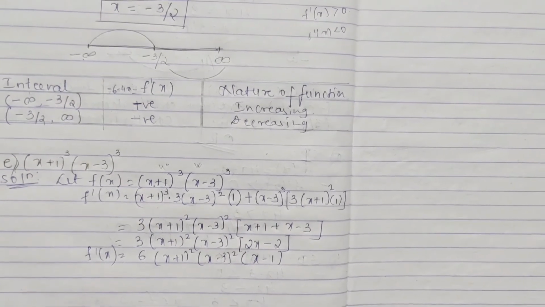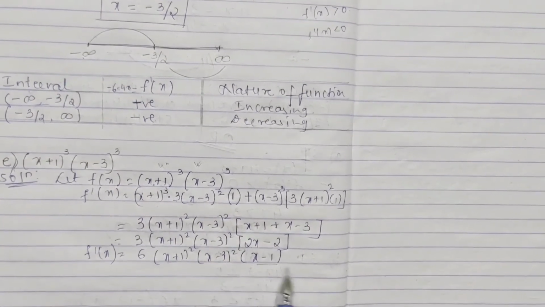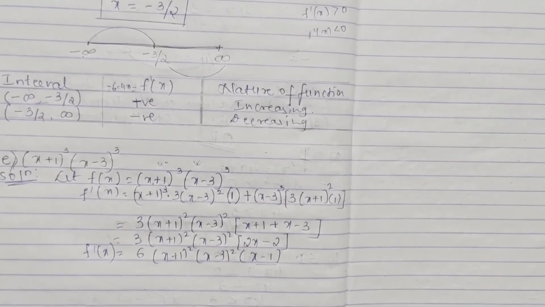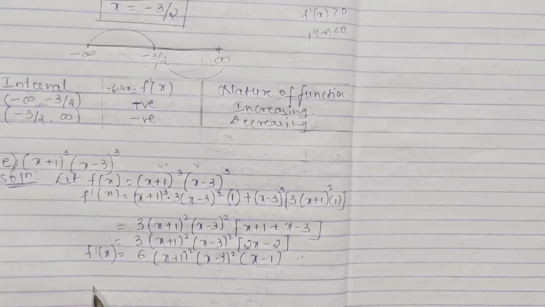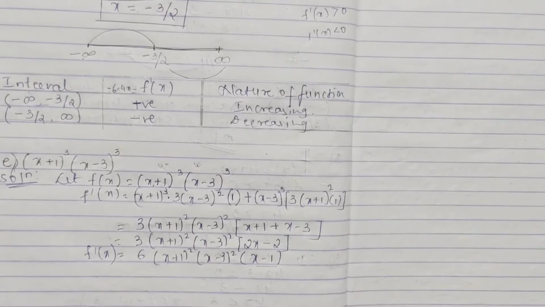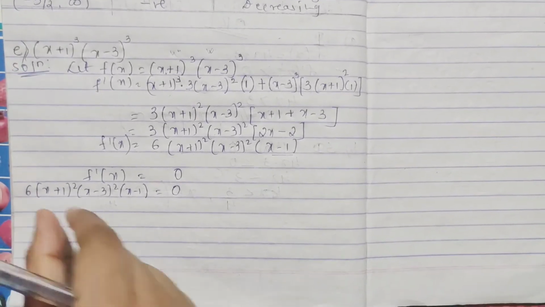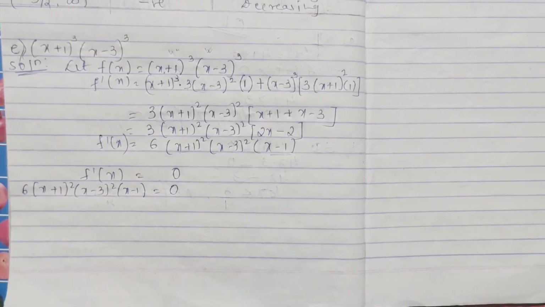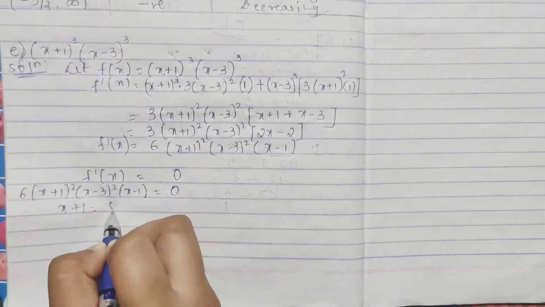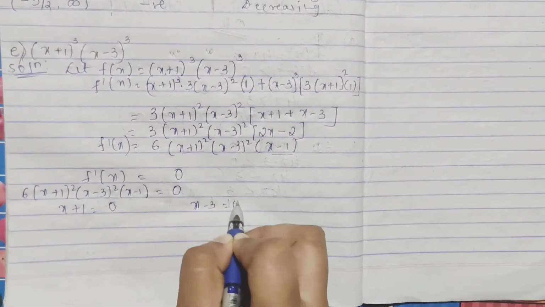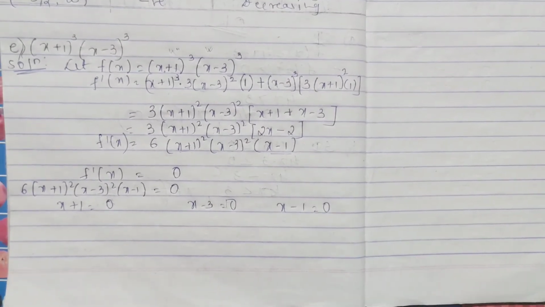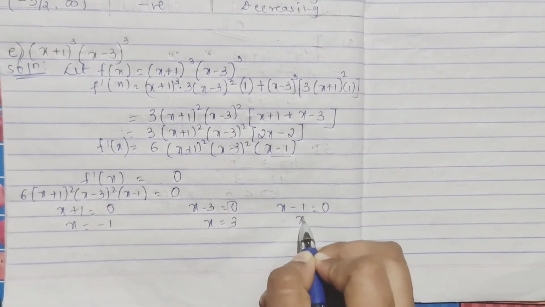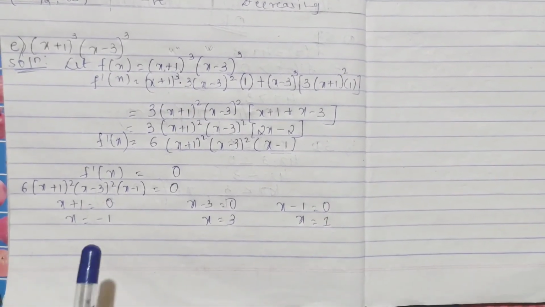So how will you get the x values? See here you have this one, this one, this one. So directly you can get: here x value will be x minus 1, here x is equal to 3, x plus 1. You can take it like that, or else do it by equating f dash of x to 0. How do we do it? If it is multiplication, then this is equal to 0, this is equal to 0, this is equal to 0, equating separately. So if x plus 1 is equal to 0, one is x minus 3 equal to 0, and another is x minus 1 equal to 0. So here you will get x equal to minus 1, here x is equal to 3, here x is equal to 1. So you have got minus 1, 3, 1.